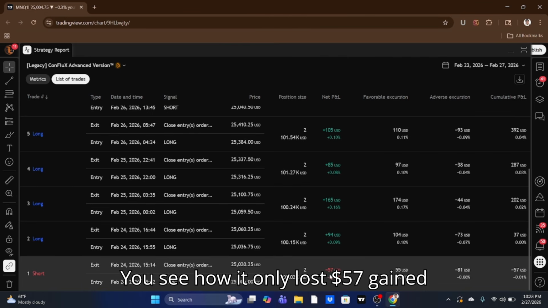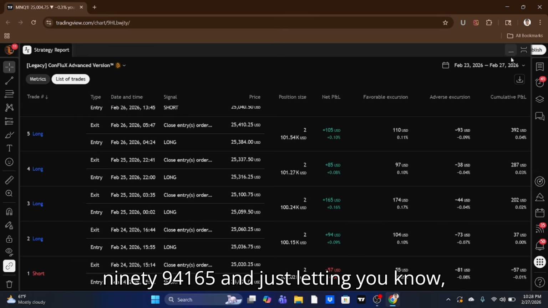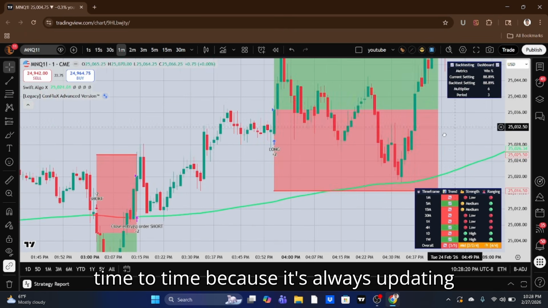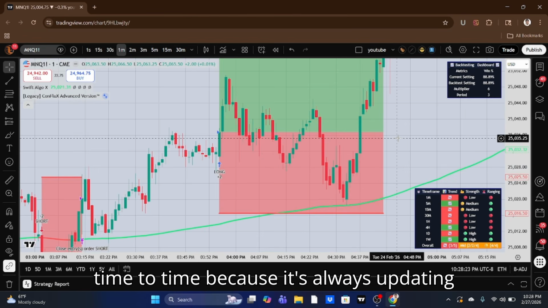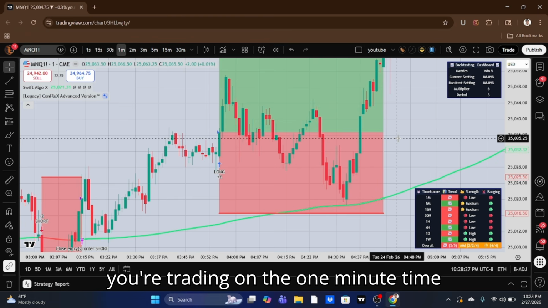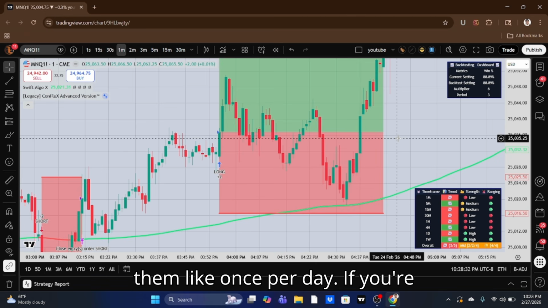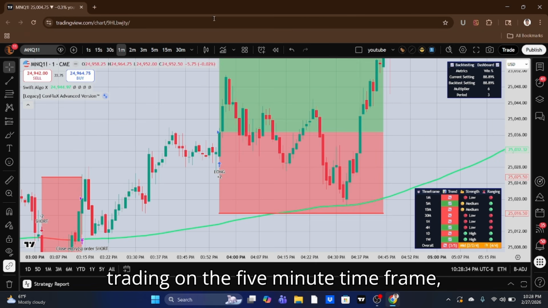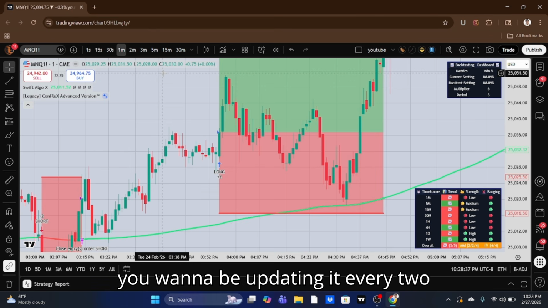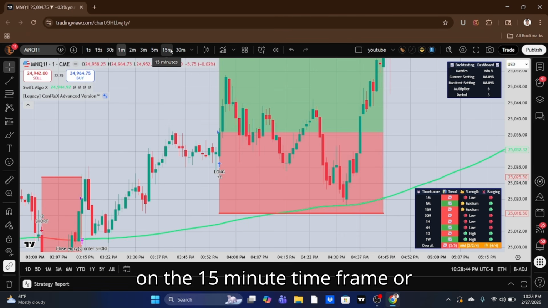You see, I only lost $57, gained 94,165. And just letting you know, these settings do change from time to time because it's always updating to the current market condition. If you're trading on the 1 minute time frame, you want to be changing them once per day. If you're trading on the 5 minute time frame, you want to be updating it every 2 to 3 days. Now, if you're trading on the 15-minute time frame or 1 hour, you want to be updating